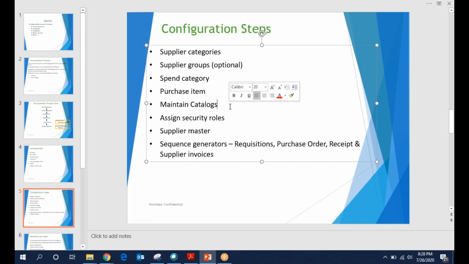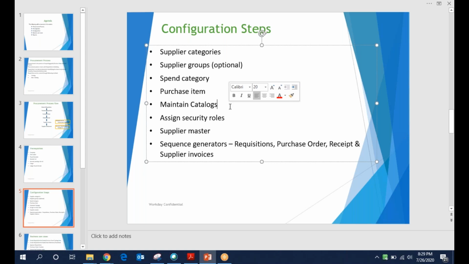There are two connectors, punch out and punch in. So basically, requisitions will be created sometimes manually, sometimes through integrations by using these connectors.